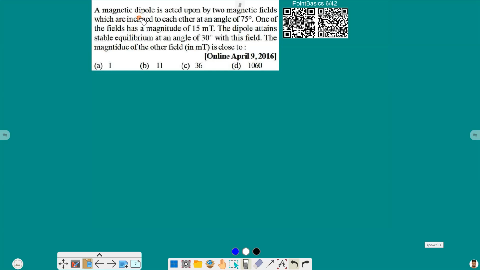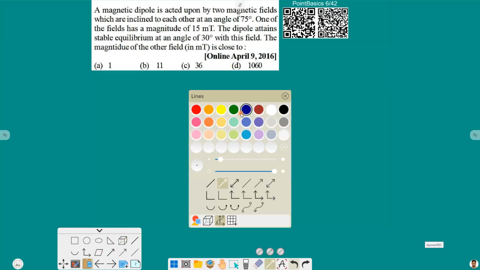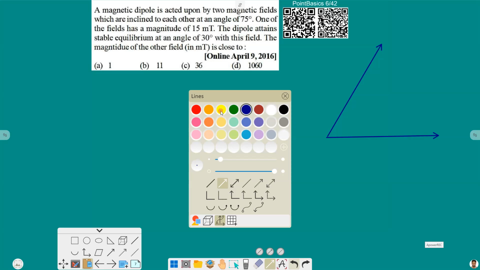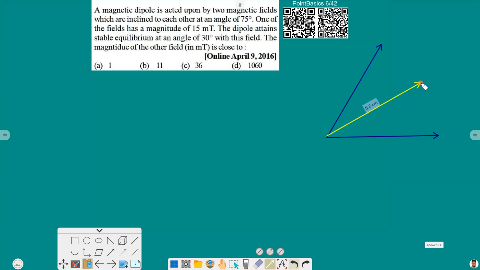A magnetic dipole is acted by two magnetic fields which are inclined to each other at angle of 75 degree. So we have two magnetic fields inclined to each other. Suppose this is first magnetic field and this is second magnetic field. One of the fields has magnitude 15 millitesla. Dipole attains stable equilibrium at angle 30 degree with this field. So suppose this is our dipole and it attains equilibrium at angle 30 degree